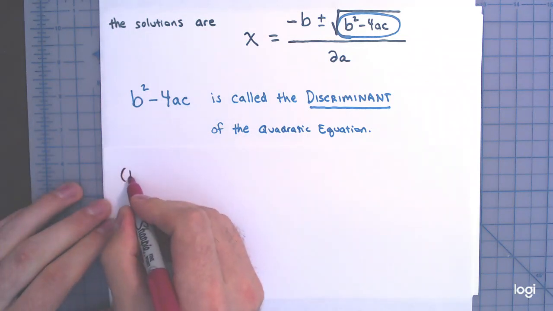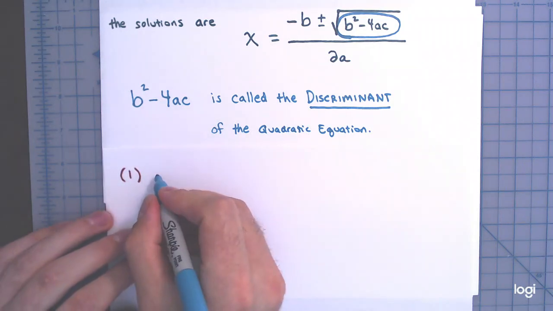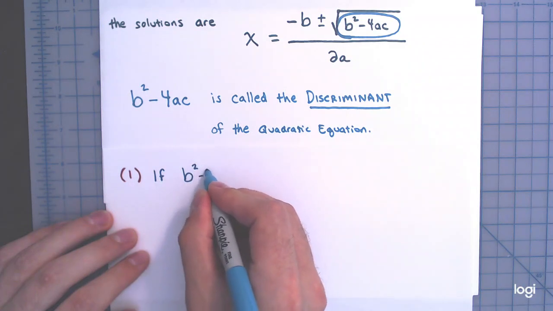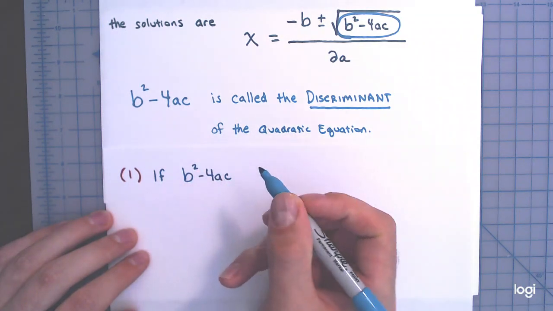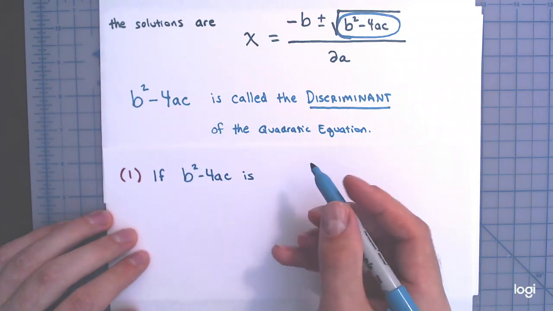So, 1. If the value of the discriminant is a perfect square,